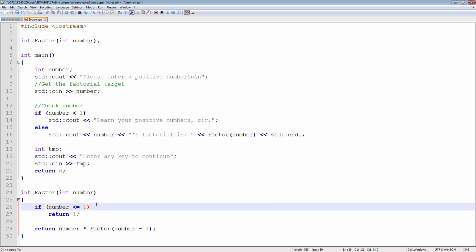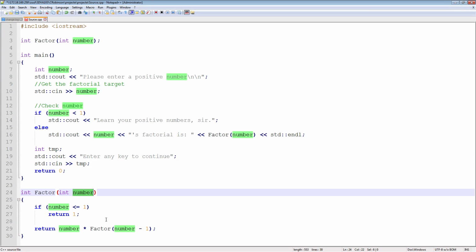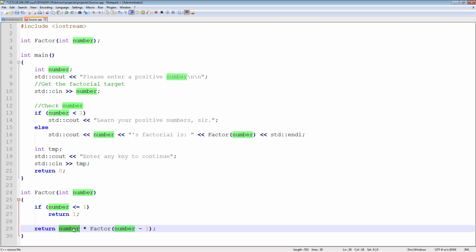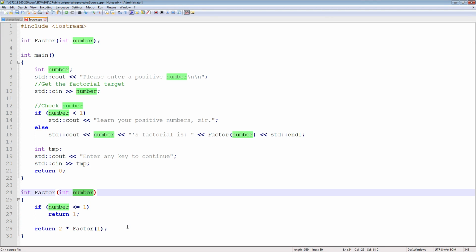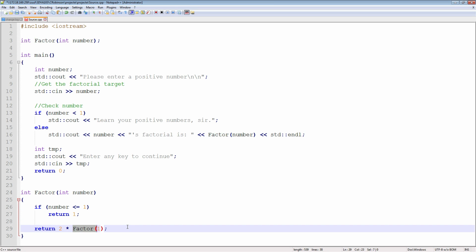Because like here, what if number is 2, right? So you go in here, you say, hey, number is 2, which is equal to 2 times the factorial of 2 minus 1, which is 1, right? So then you call this function with 1. And if you return 1 here, this ultimately turns out to be 1, right?